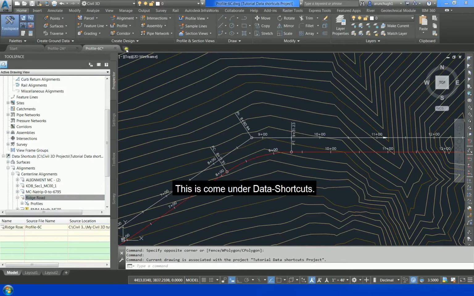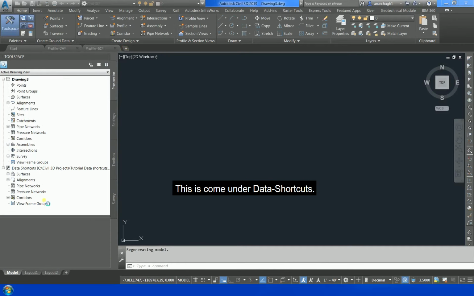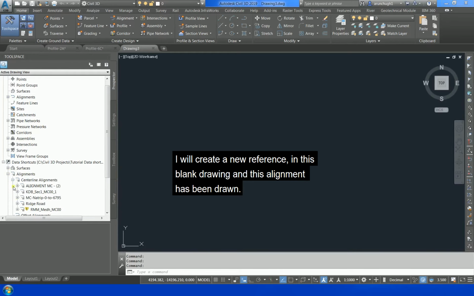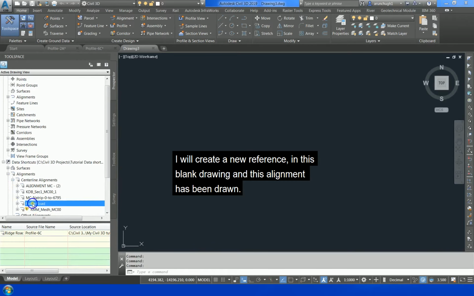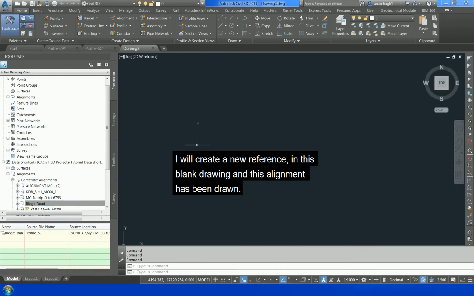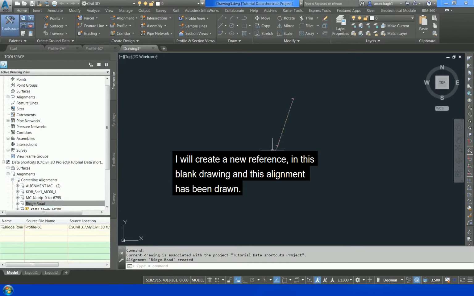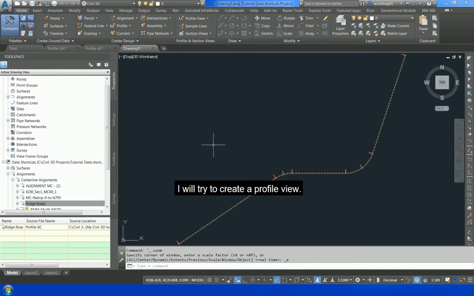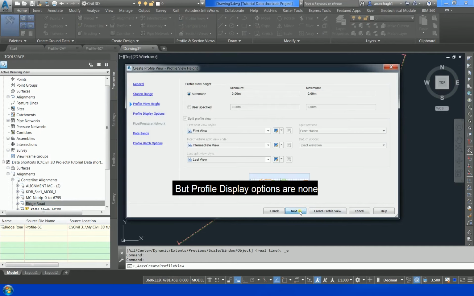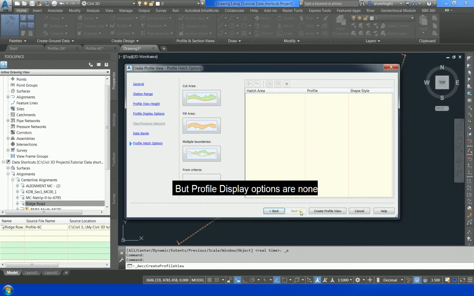I will create another new drawing. From data shortcuts, I will create a new reference in this blank drawing, and this alignment has been drawn. Now I will try to create a profile view for this alignment, but profile display options are none because I have just created an alignment